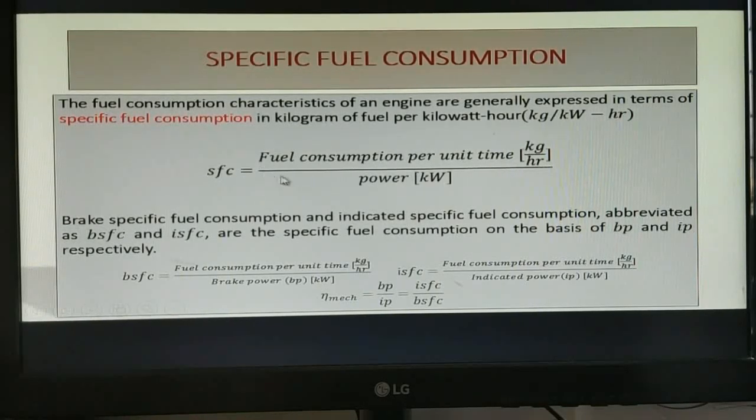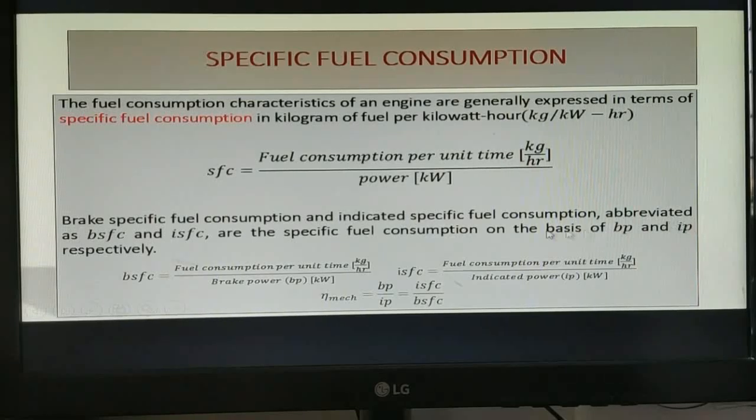So specific fuel consumption is the ratio of the fuel consumption per unit time, normally taken as kg per hour, the amount of fuel consumed per hour. So the unit is kg per hour per kilowatt. Per kilowatt of either indicated power or brake power, how much fuel is consumed is given by the specific fuel consumption. Now the specific fuel consumption may be the brake specific fuel consumption or the indicated specific fuel consumption,